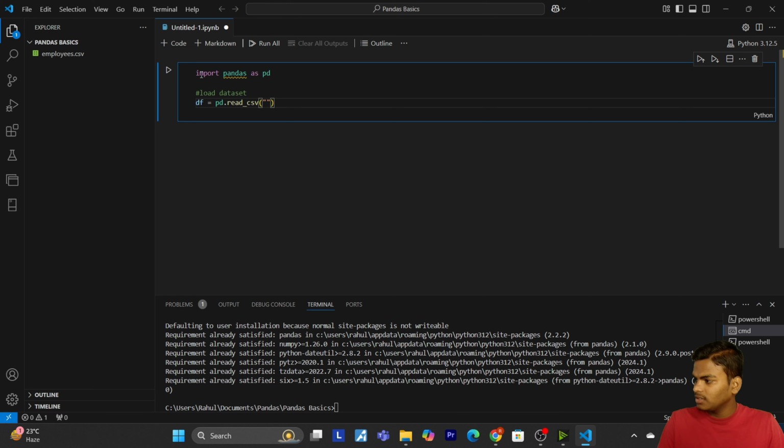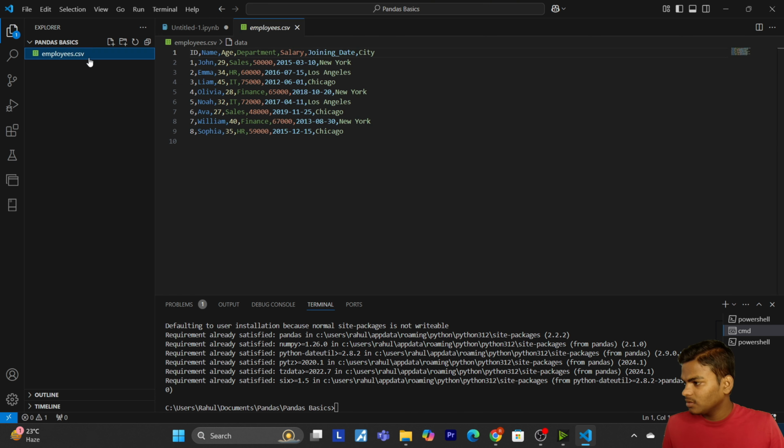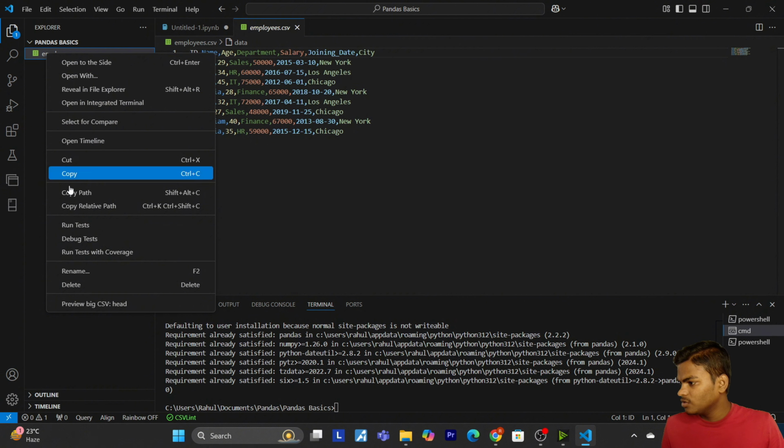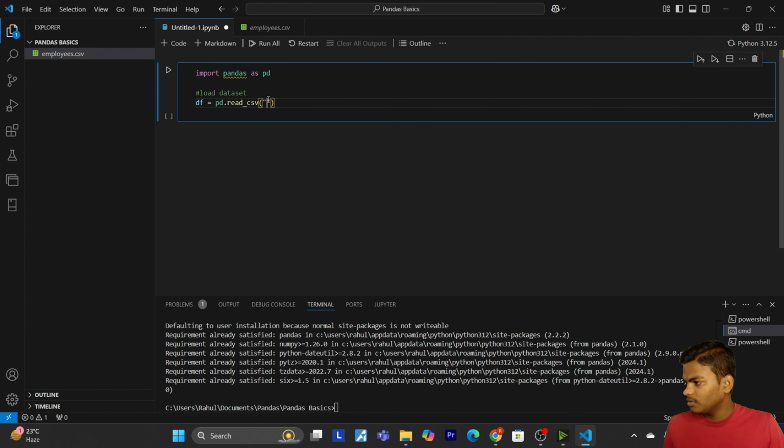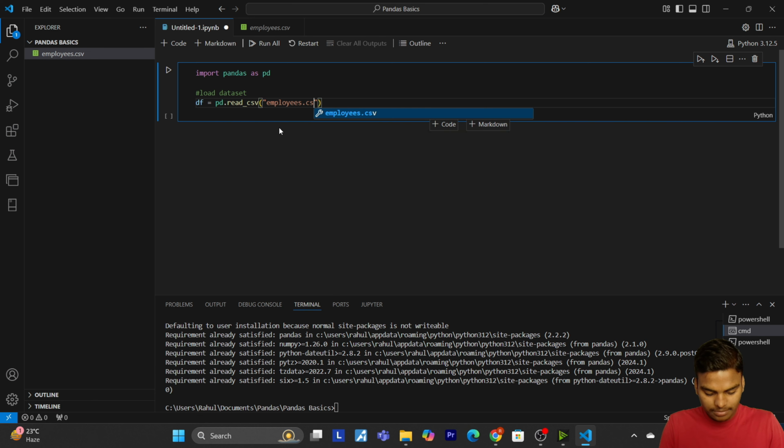Then you have to pass the name of the file. Let me copy the name. Now it is okay. In the last you have to write .csv, it is mandatory.